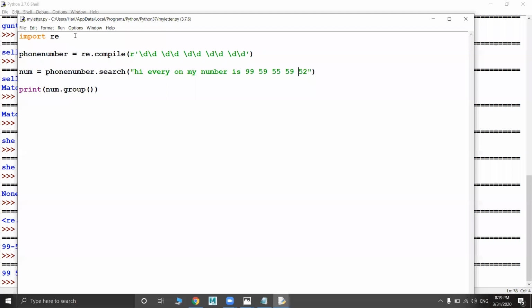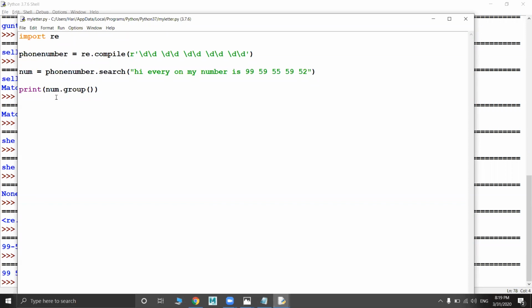See here, instead of printing what the output is, I am going to print the object. Whenever you apply some function and you store it, it will be created as an object. If you have some idea about functions or classes, you might know about it. It will display the object related information. So here num is the object for the phone number dot search function.